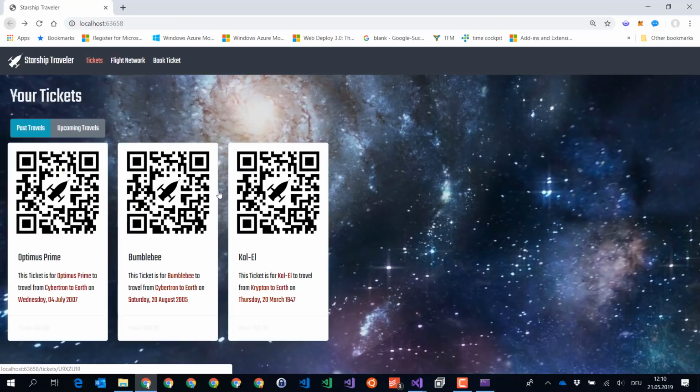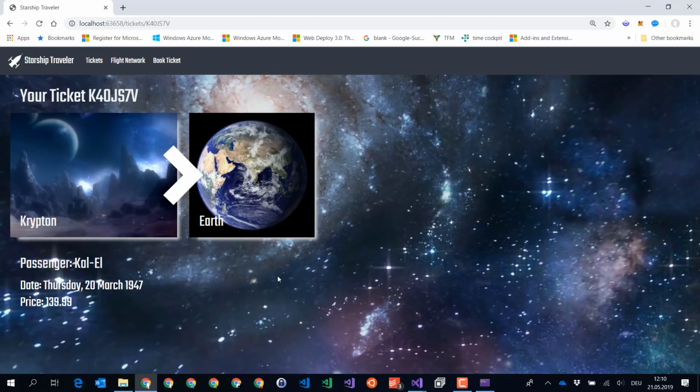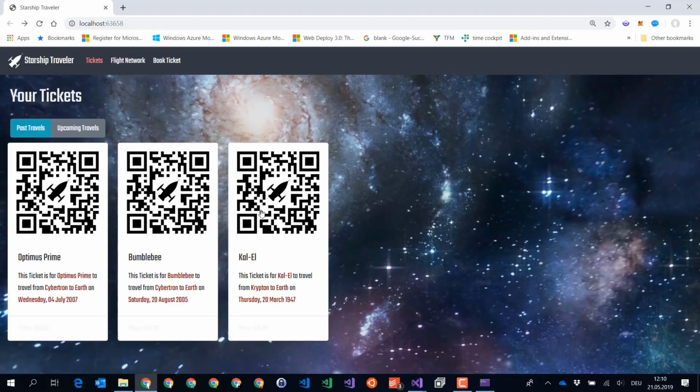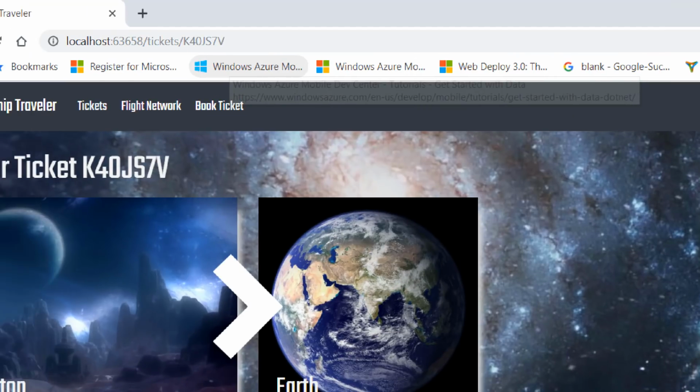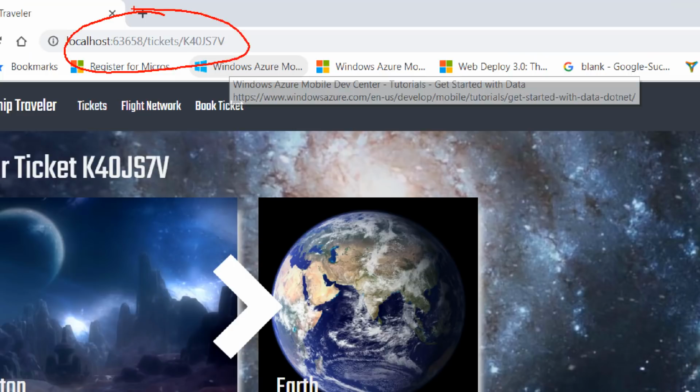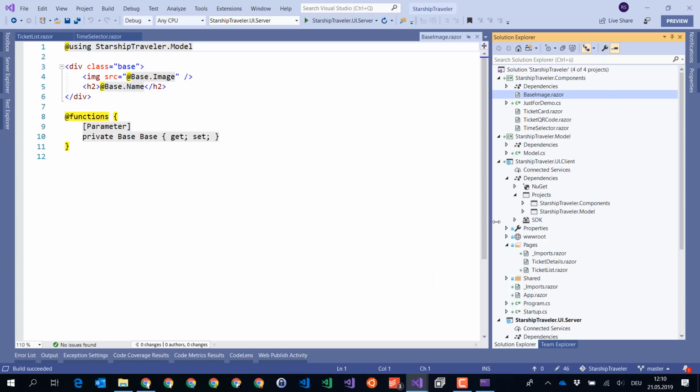Let's see what Bumblebee is, not that interesting. Here we had somebody travel from Krypton to Earth, for instance. So the point is that this new thing now contains a router, and this is what we expect here. We can navigate to the ticket details. This is done in Blazor